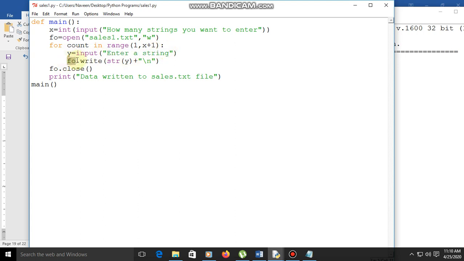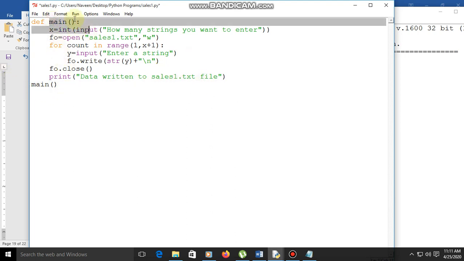Now fo dot write string, so the first string is assigned to y, taken here and separated by a new line. However many values we need, that many lines we take. After that fo dot close, and now print data written to sales1.txt file, and we are calling the main function here. Let us save it, run this.